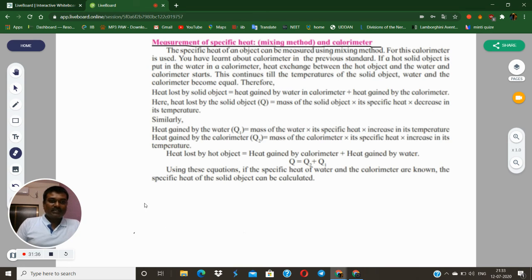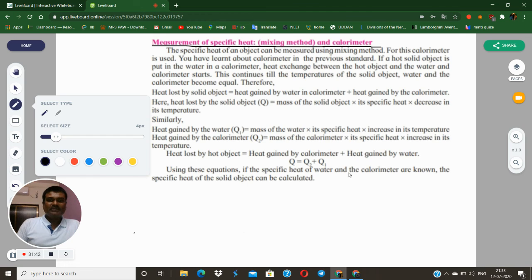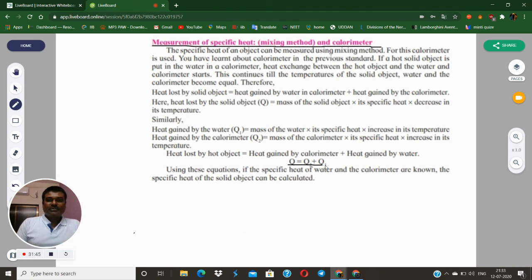चलिए, तो हम यहाँ पे ड्रॉ करेंगे। यहाँ पे हमें फॉर्मूला मिलेगा, जैसे कि देखिए Q इज इक्वल टू, फॉर्मूला हमें क्या मिलता है, Q इज इक्वल टू Q2 प्लस Q1। तो यहाँ पे Q क्या होता है, तो Q इज द मास ऑफ दैट सॉलिड ऑब्जेक्ट, जो हमने आयरन का बॉल लिया था ना, उसका मास ऑफ दैट सॉलिड ऑब्जेक्ट, ठीक है बेटा। और यहाँ पे देखिए हीट गेन्ड बाय द कैलोरीमीटर, कैलोरीमीटर इज मेड अप बाय, हाँ बताइए, शाबाश, कॉपर से बनी है। तो कॉपर की यहाँ पे स्पेसिफिक हीट कितनी होती है, कॉपर की स्पेसिफिक हीट हमने लर्न किए है ना।